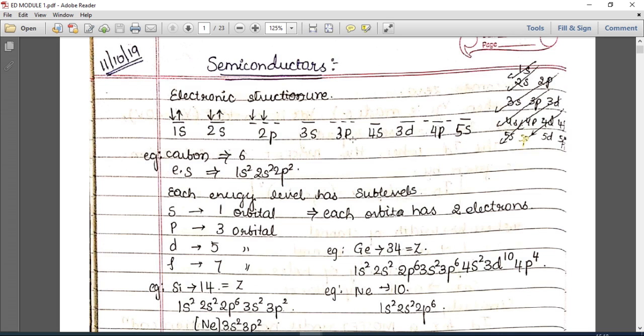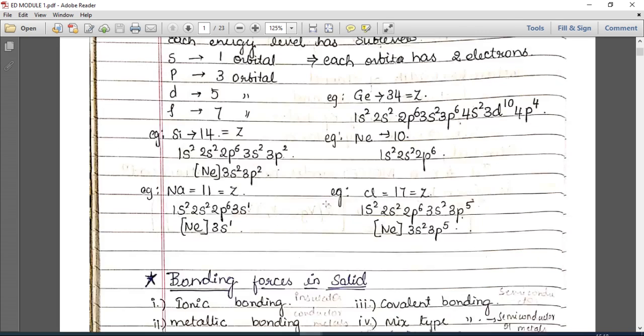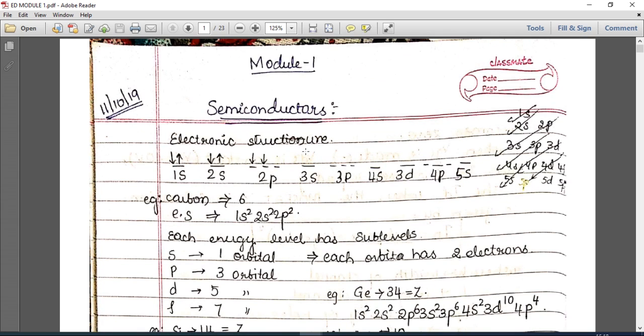Before beginning with the topic, bonding forces in solids, first you guys need to know what is electronic configuration or structure, and how it is written for the given atomic number. I hope you guys studied this structure like 1s, then in the next row you will get 2s, 2p, 3s, 3p, 3d, 4s, 4p, 4d and 4f. I hope you guys studied this in physics. So here using this concept,